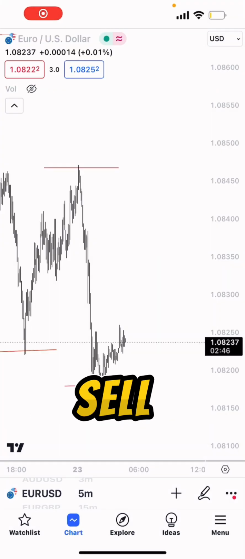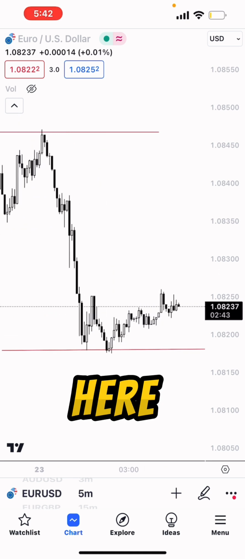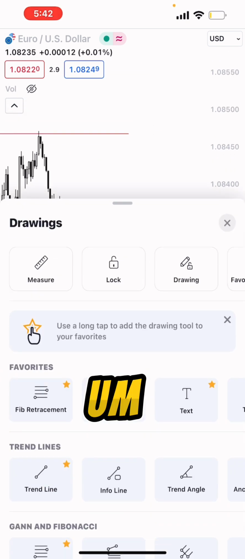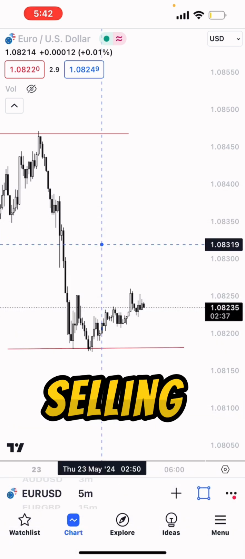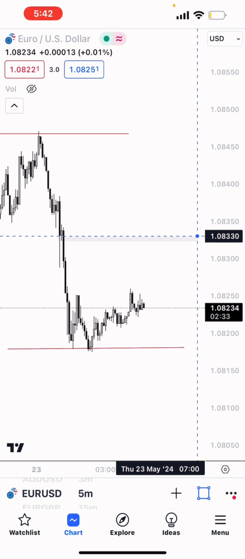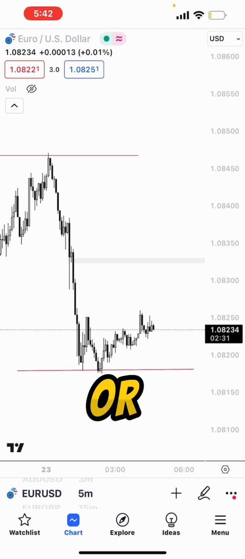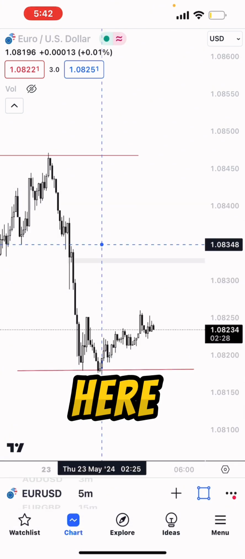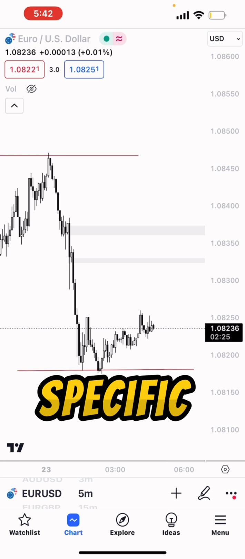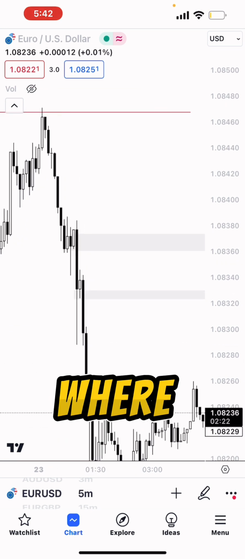So if I'm looking to sell, I would want to sell here above. Your entry point, now that I know we're selling, wants to be above this gap right here, or you want to trade at this entry point here. And the reason I'm drawing these gray lines here is because these specific areas are what are called